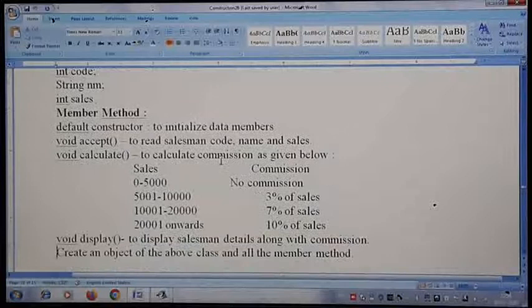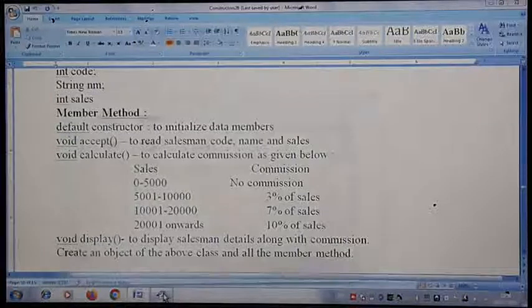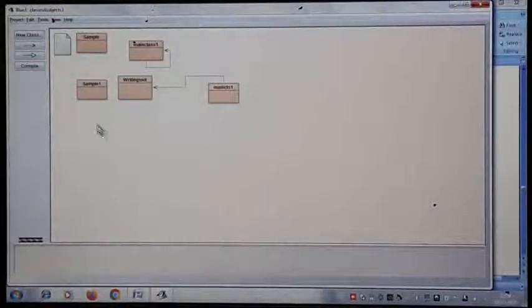And after that we are going to create an object for the above class and call the member methods, where we are writing a main method. Since the programs are a bit lengthy, this variety is easy to write but the programs are a bit lengthy, that is the reason I kept the program ready. So we will see the solution for this variety of questions.